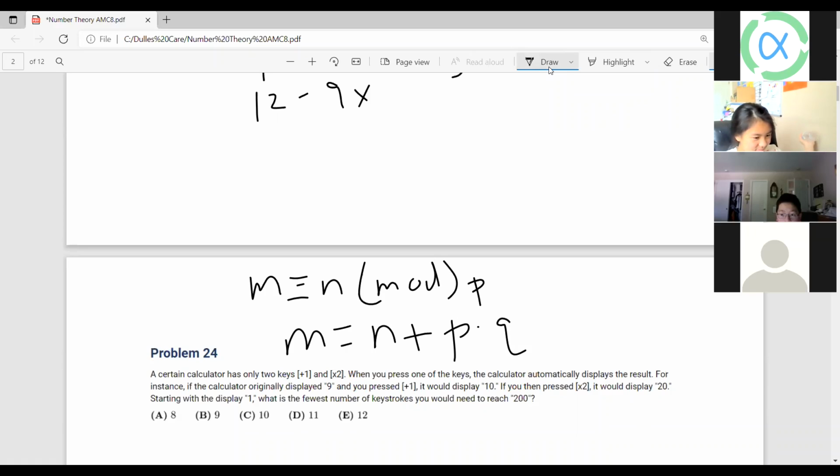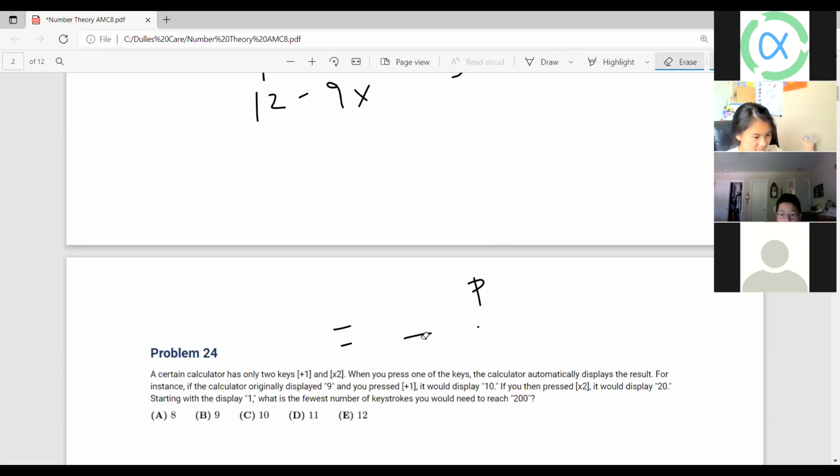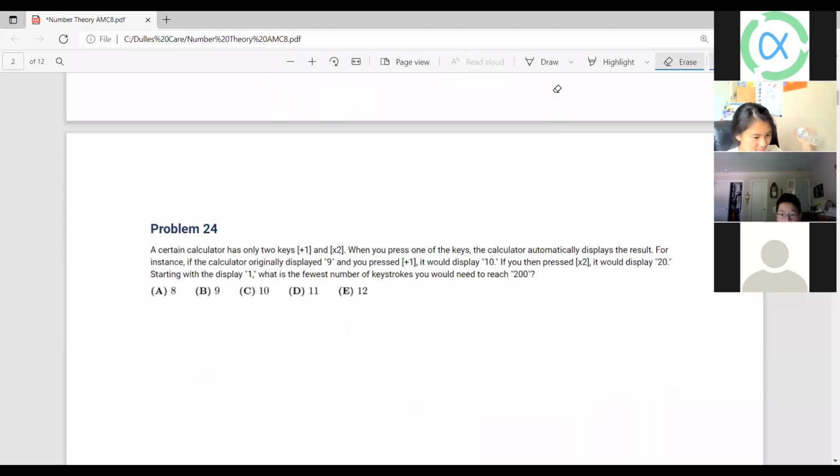N is basically the remainder when m is divided by p. That's what a mod means, right? So does that make sense? All right, since no one is talking, then I'll assume it does make sense. All right. So let's move on to